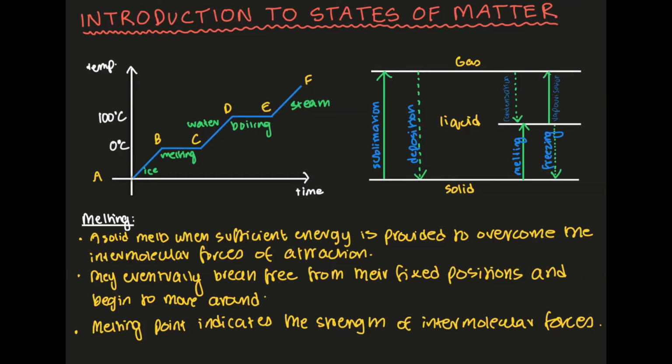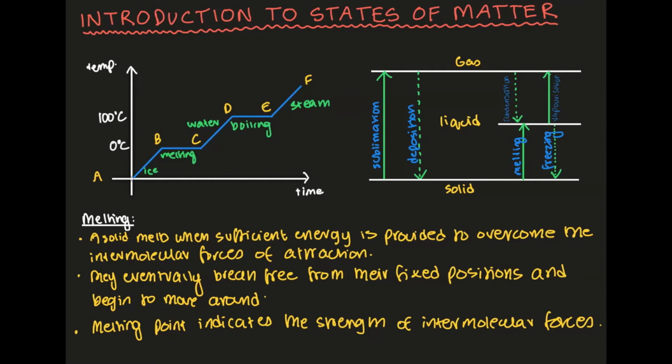Now imagine that you have this ice and you're just keeping it outside at room temperature, and this ice was obviously going to start to melt, right? And its temperature is going to increase. So as the temperature increases at 0 degrees Celsius, it's going to be melting. So from A to B, the temperature of the ice is increasing, and from B to C, it's going to be melting.